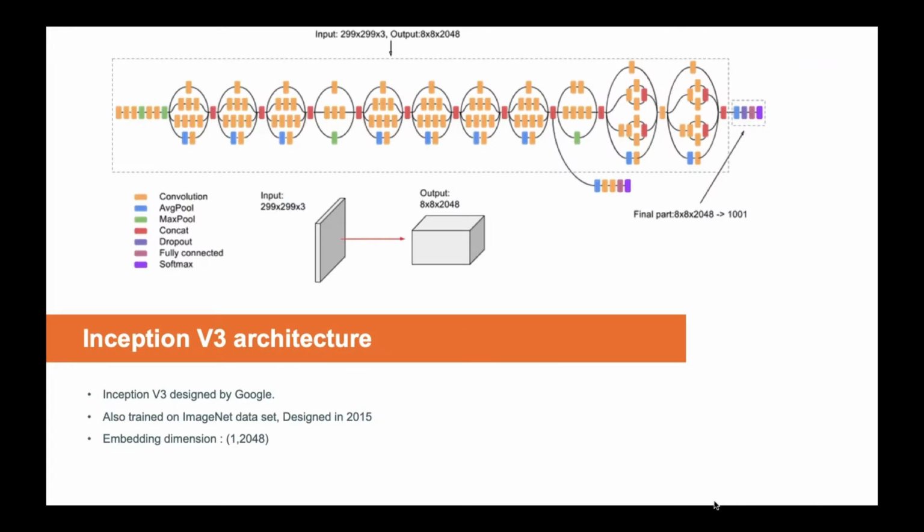We then have the Inception network, where the initial few layers are convolution layers, which then split up into branches where each branch performs convolution with a kernel of a different size, and then the output is concatenated, and this process is repeated multiple times. Even for this, we will not be using the final dense layers for prediction. We will only extract the image features using the convolution layers.